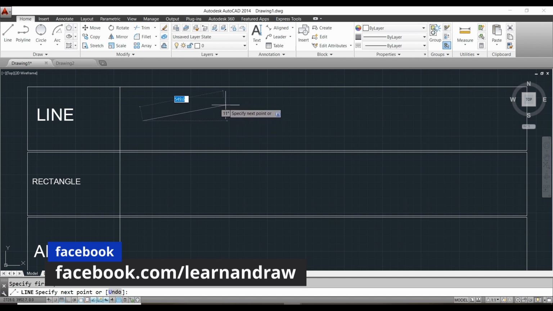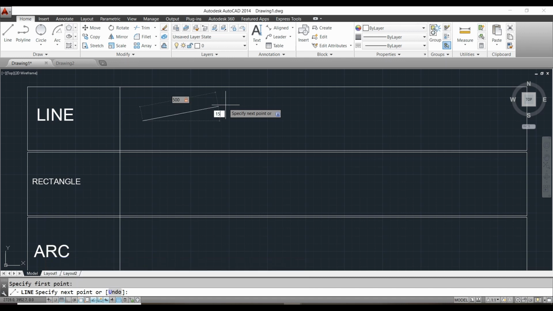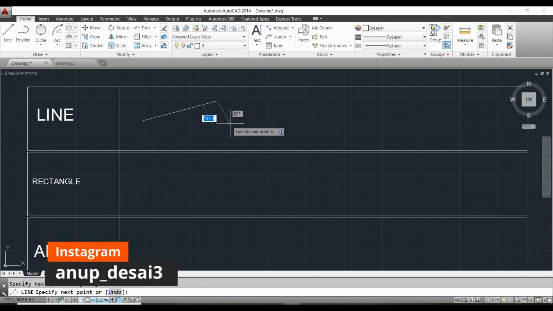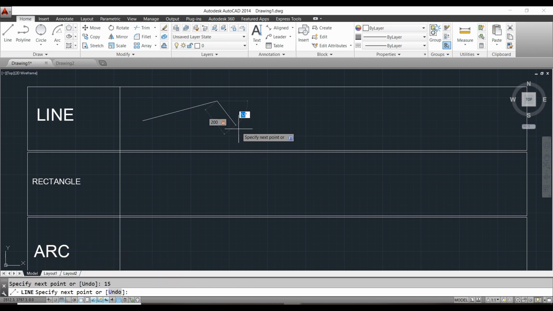For example, I will draw a line of 500 mm at an angle of 15 degrees. Next, we can continue this. For example, I will draw a line of 200 mm, and by clicking tab, we can now enter the angle, let's say 60 degrees. And if we want to exit, we have to click enter.